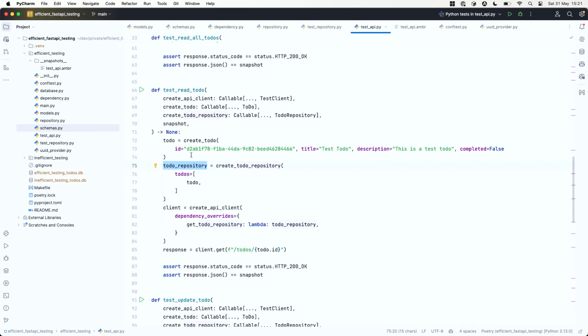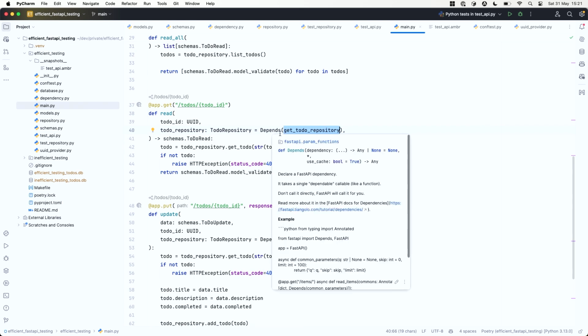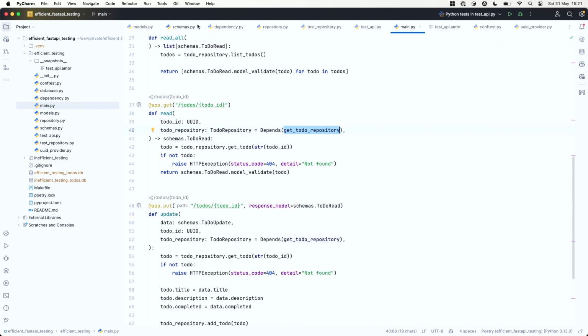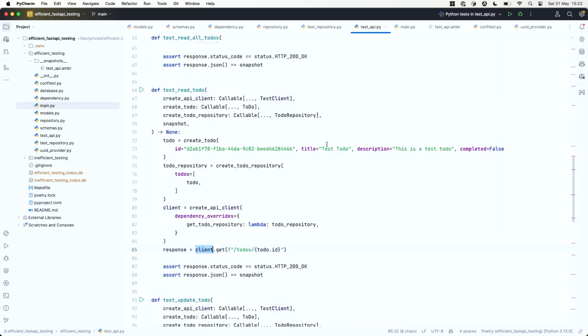Okay, so when you call the API by using the test client, when FastAPI here in the main.py calls this get-to-do repository by its dependency injection framework, it won't return the SQLite one, which is defined here, but it will return this one that's defined inside this lambda function. So this is how these things interoperate and make sure that you have full control all the time,